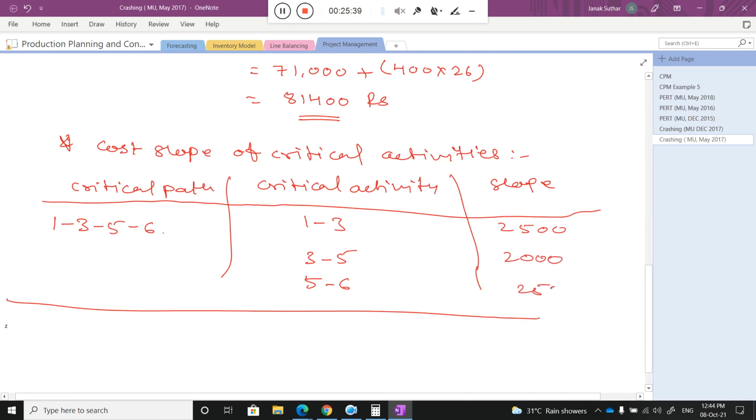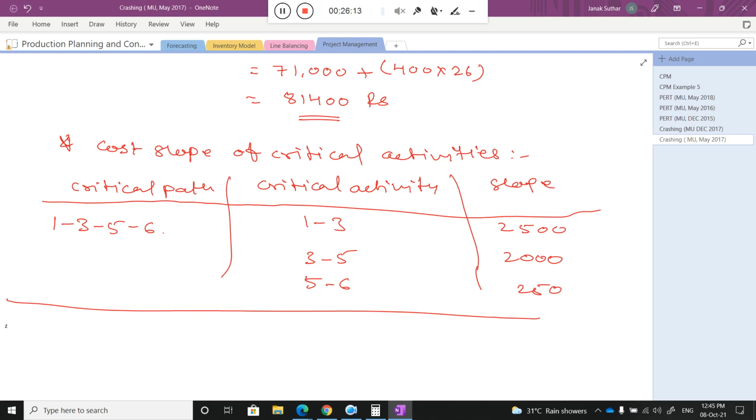Okay, so we know that to reduce the project, you first need to find out what the critical activities are, and if you reduce any critical activity by 1 week or a particular time period, then it will reduce your project time duration. That we understood in our previous session also. So now just let me know, class, where I need to focus. There are 3 critical activities. Which activity will I select to reduce my project time?